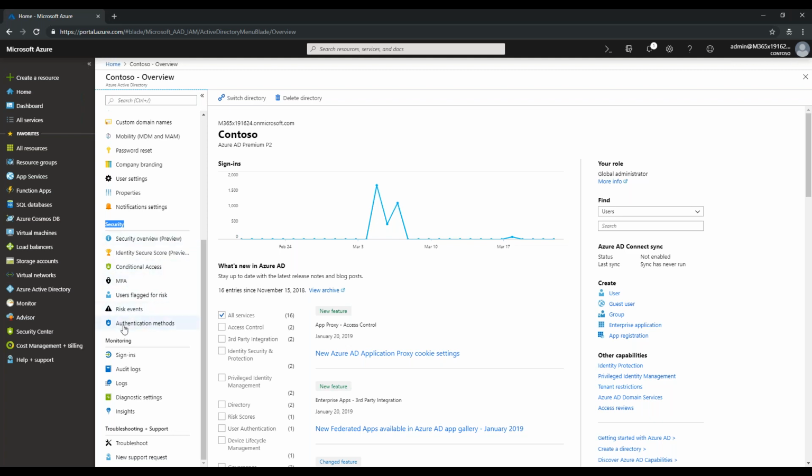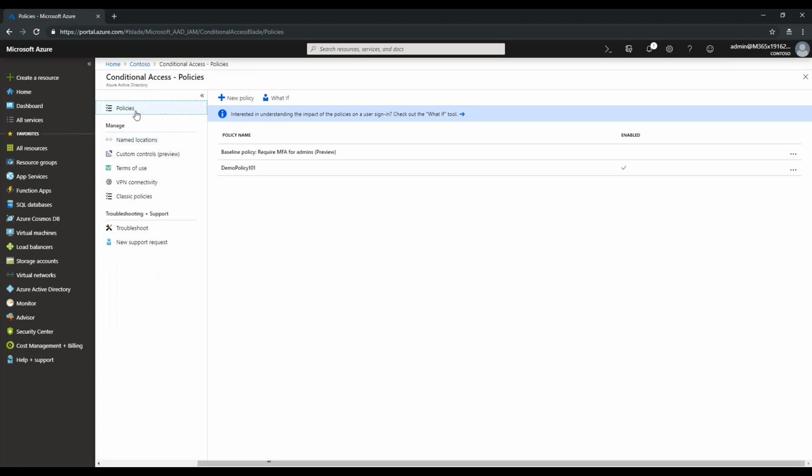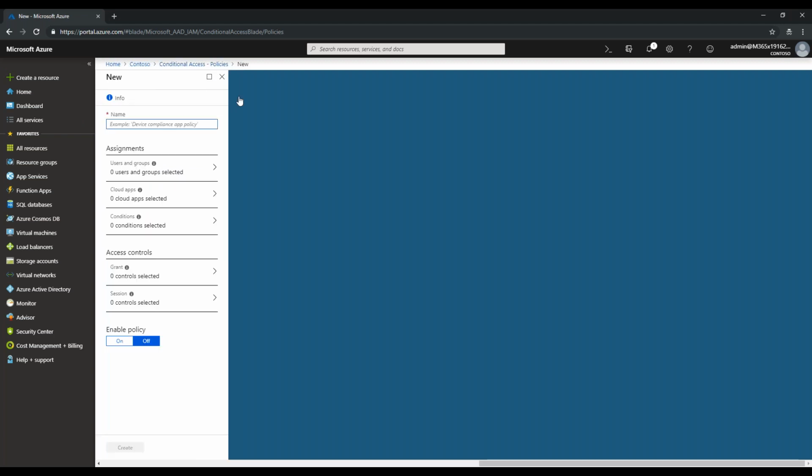In this section, we'll look at conditional access first, and then at the other options that are here. Once you know the security options available from the Azure Active Directory perspective, you can strengthen access to the whole environment. So let's look at conditional access. Here you can create new policies. The policy is the crux of conditional access. What a policy uses, you can configure in the further subsections of conditional access. So how will a policy look? I'll create a new policy.